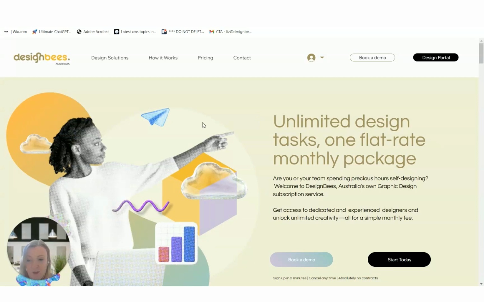Hi, I'm Liz, and I'm going to show you how to do a quick start to get a job logged for a new design, where you can go to check its status, and also how you can prioritize or cancel